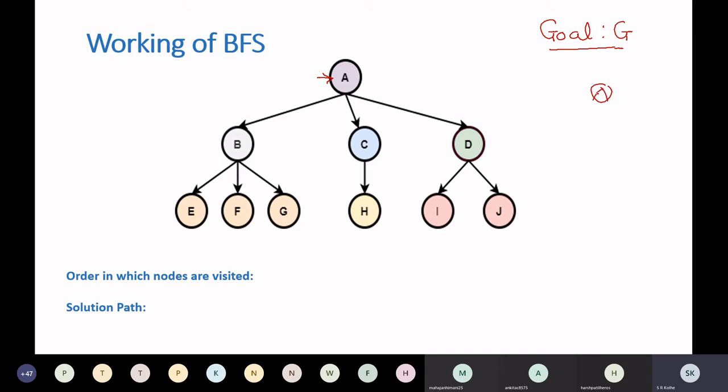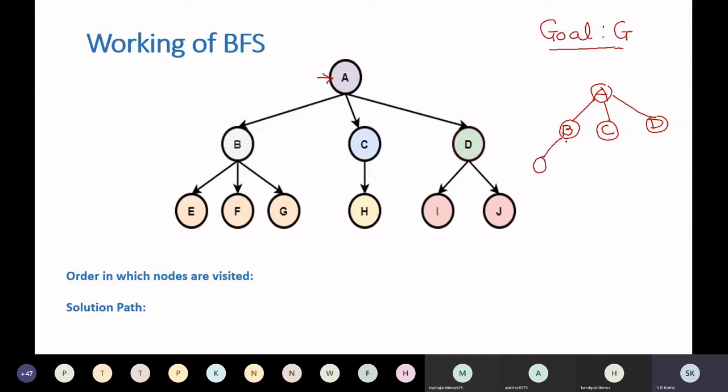So initially we visited A. A was not a goal, so we generated its successors B, C and D. Then it will check one by one all these nodes at this level. B, is it a goal? No. Move to C, is it a goal? No. Then it will move to node D. It's not a goal. So it will explore all these three nodes now.